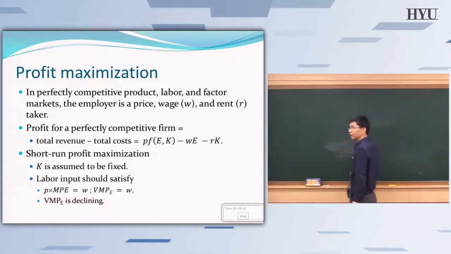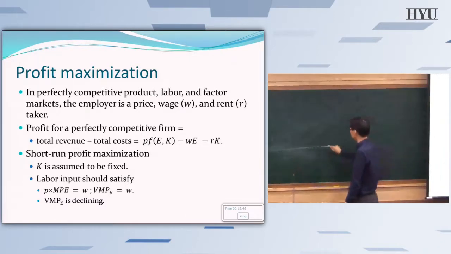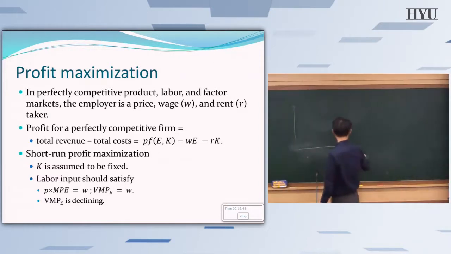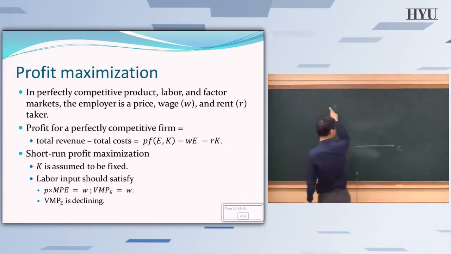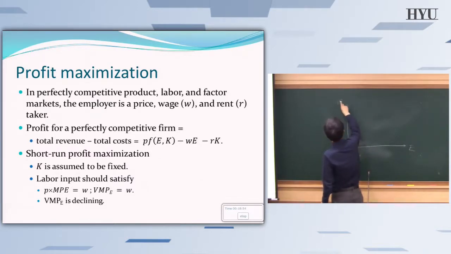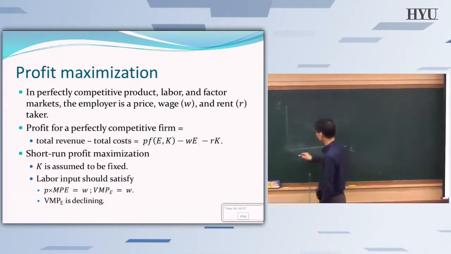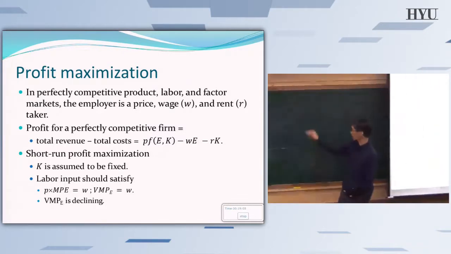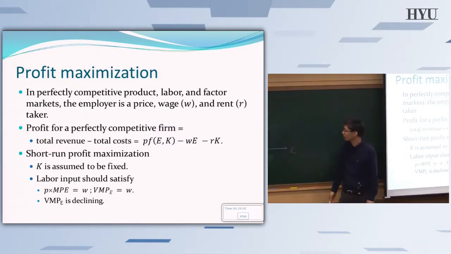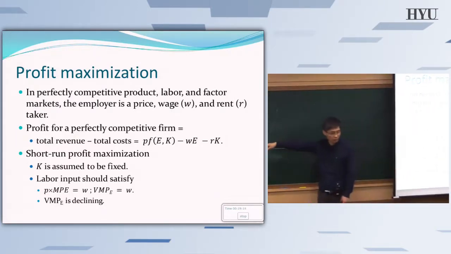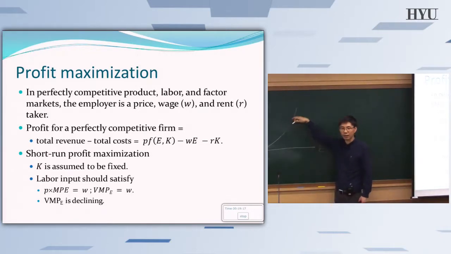Actually, if you think of a diagram, then you can easily see why that is not the condition. If the VMPE or MPE is increasing, then the production function is going to look like this, not like that. Anyway, you flip the production function. This is an increasing MPE production function, which we do not assume. We assume this cannot be the case. But anyway, if it's true,